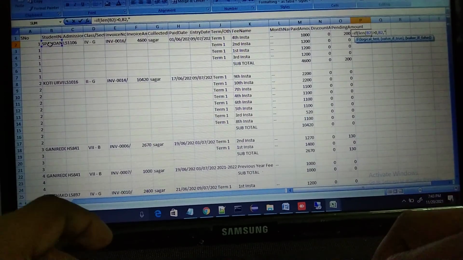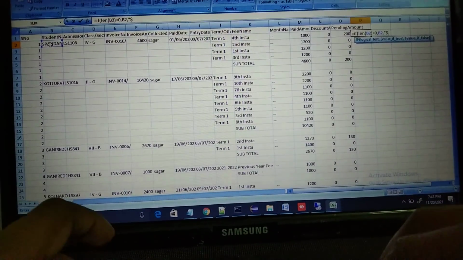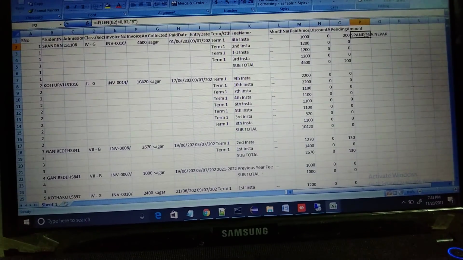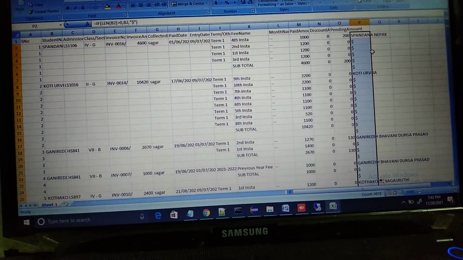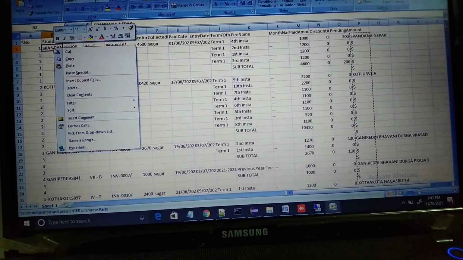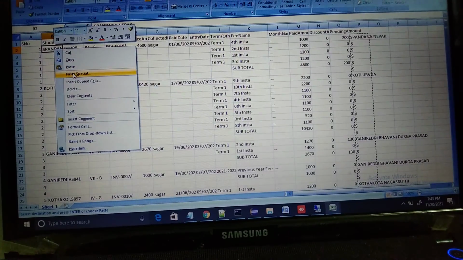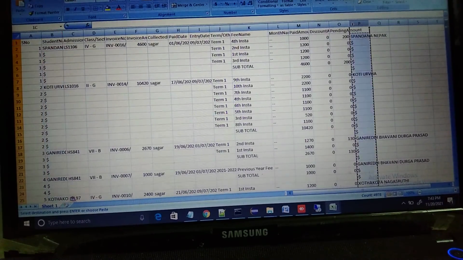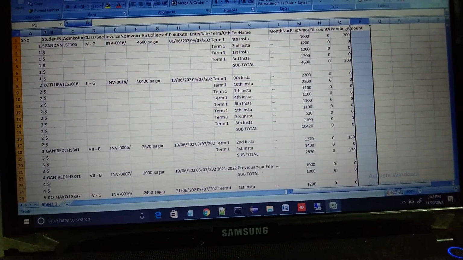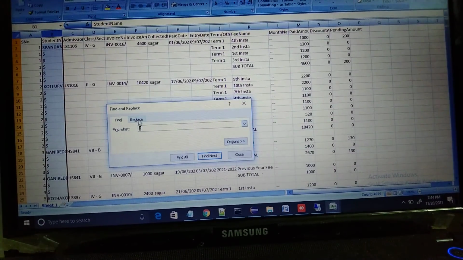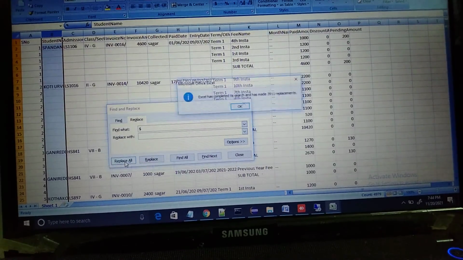Otherwise, instead of the dollar you can use some other symbol, but later you need to delete that symbol so that the cell becomes empty. So we copy this and paste the values alone on the B column, that's the names. This last P column is not required now. In this B column, we are removing the dollar symbol with empty space. I am just replacing all.